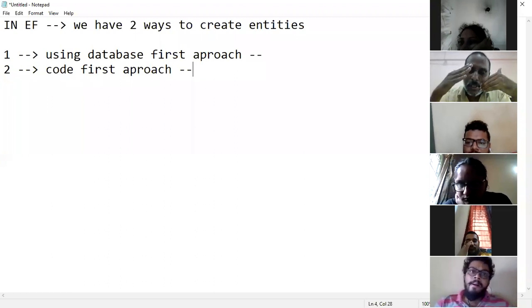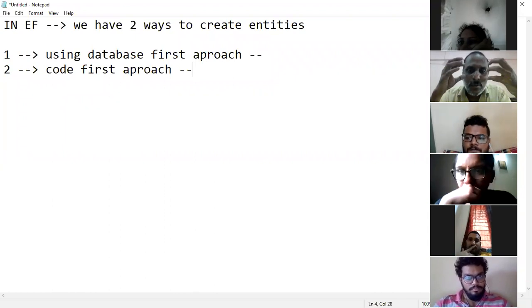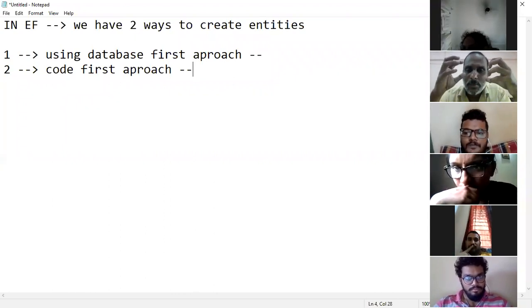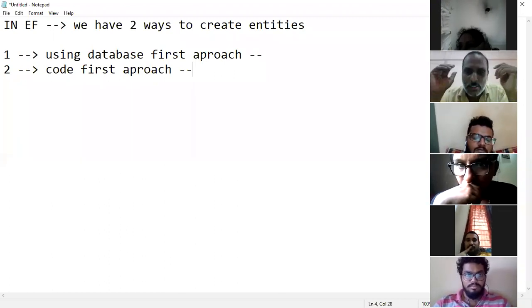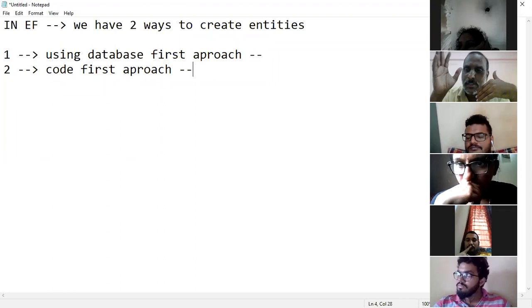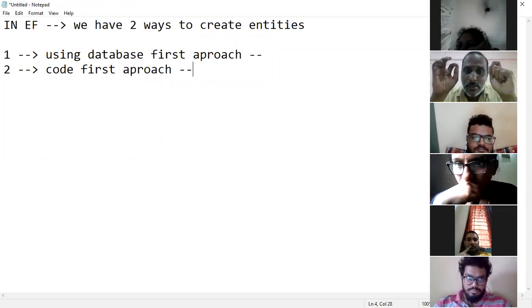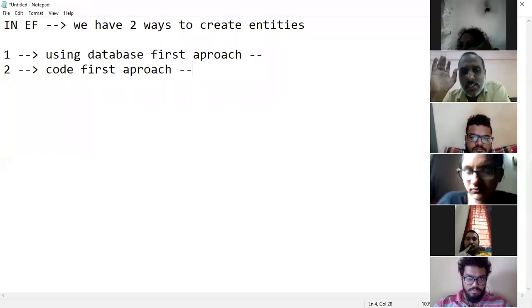So either you can choose ADO.NET or entity framework for making your application. If your application is a small or mid-tier application, obviously entity framework will be preferred because the development will become faster. Otherwise, if your application is too big, obviously ADO.NET is best, because performance wise, ADO.NET is best compared to entity framework. Okay, and hence don't think that ADO.NET is useless, it is still useful.